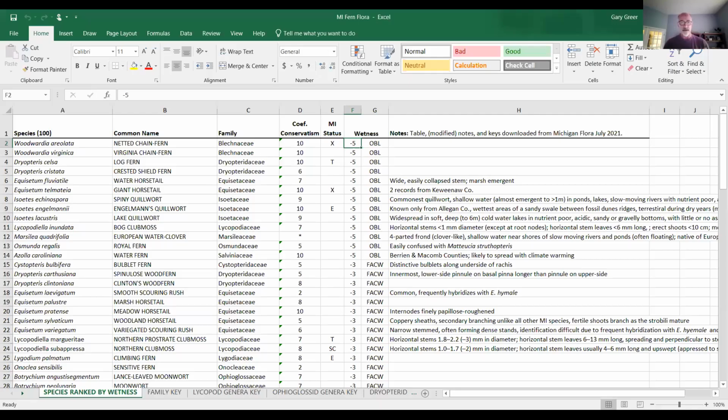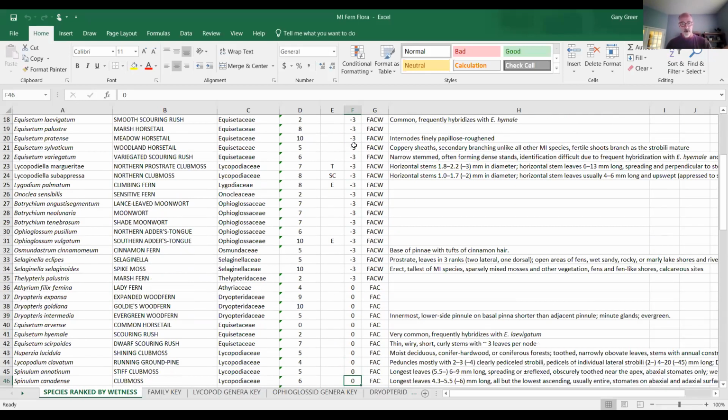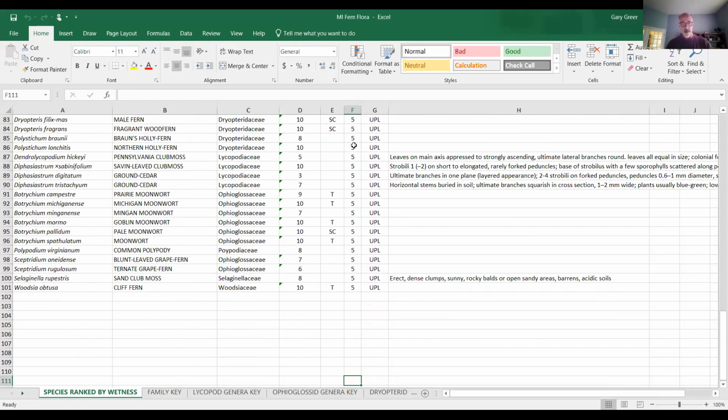5. It's an obligate wetland species. I've sorted so that it progressively goes from a wetness index of -5 to -3 and so forth until we get into the positive numbers, the +5. So here are the more